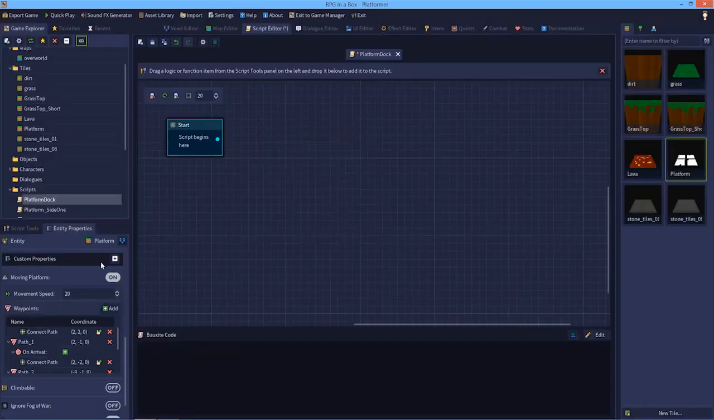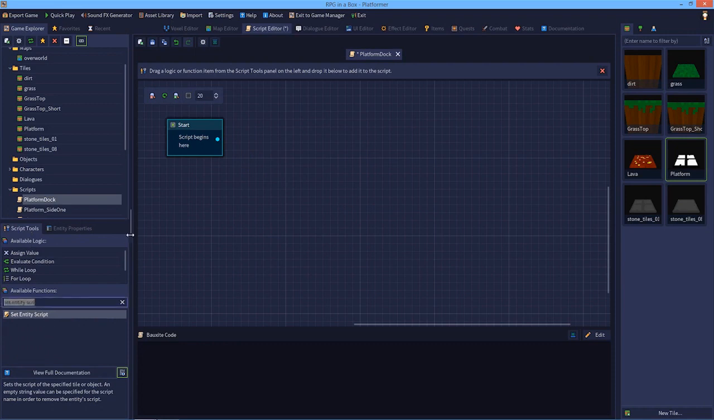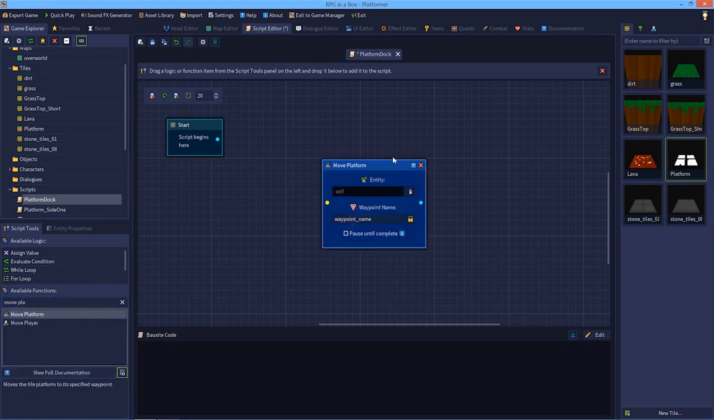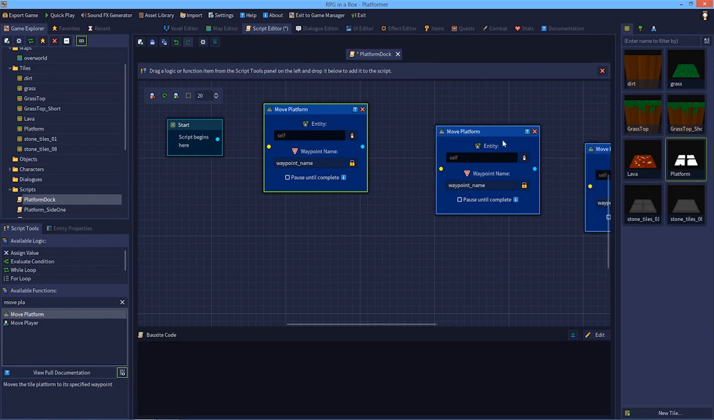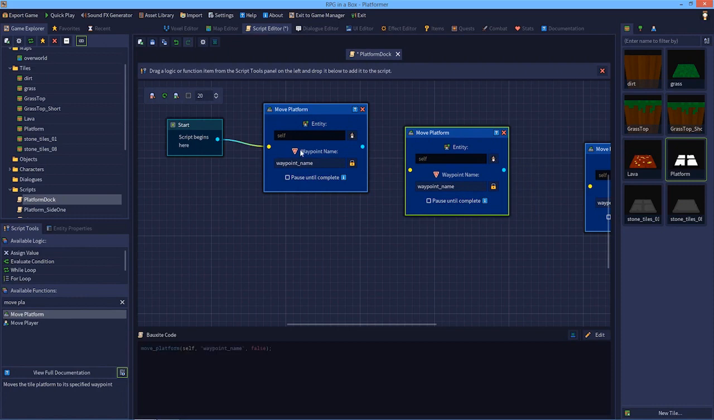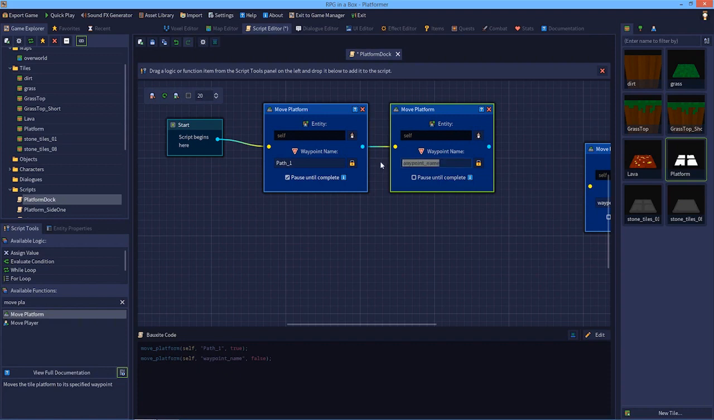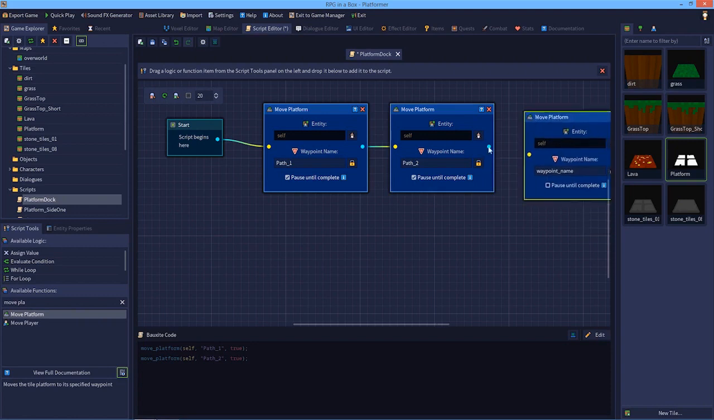Delete the display message and we want a move platform, and we're going to need 3 of them. Essentially all it is, wire this up to here. We want to go to path 1, pause until complete, so it waits until it gets there. Then we want it to go to path 2, pause until it's complete, and then go path 3, pause until